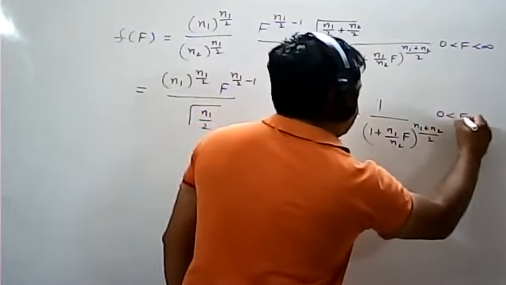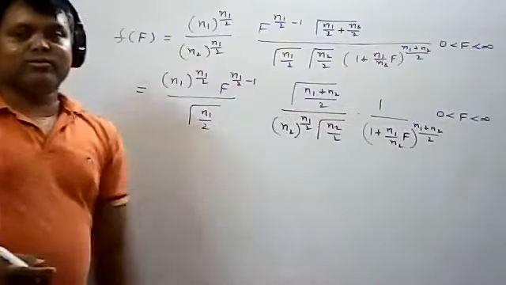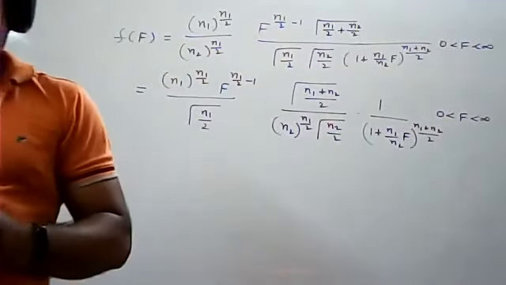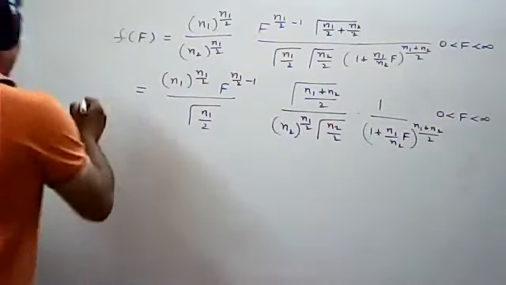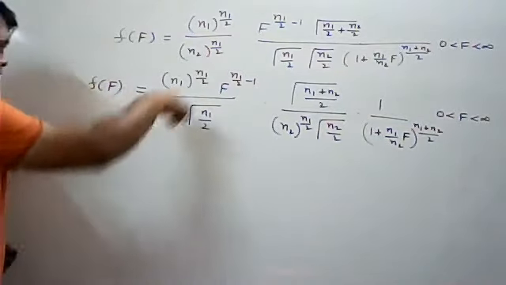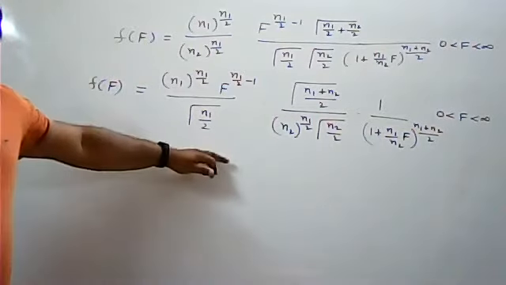Still I have not applied any condition. I have separated the n1 terms, I have separated the n2 terms. Now I can consider n2 tends to infinity. So I will keep this one as it is. I will tell you some formulas, and then I will come to this equation again. So write down next time. After this you can write down.